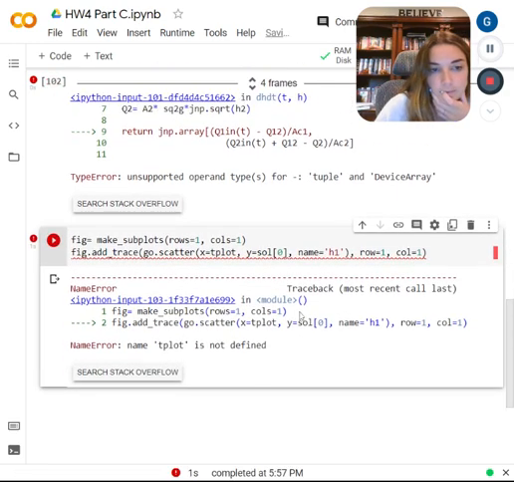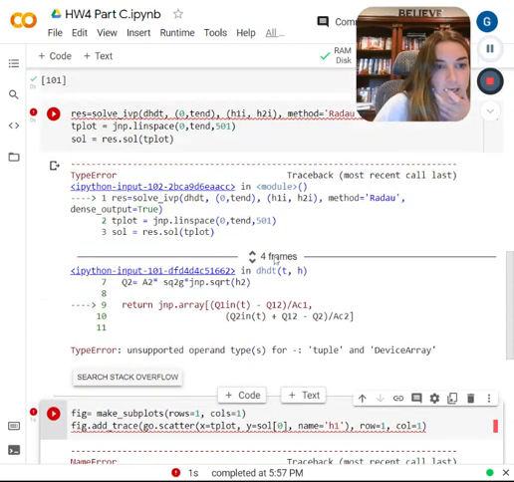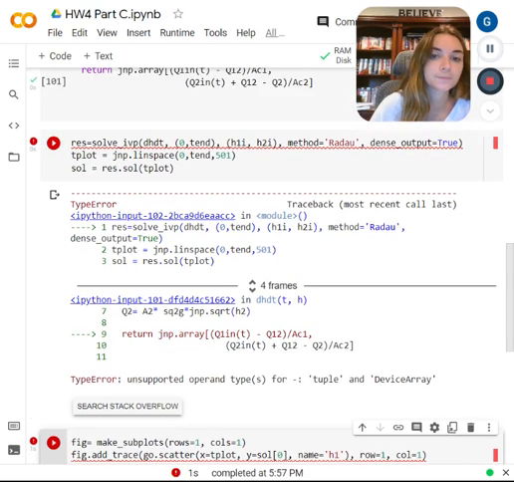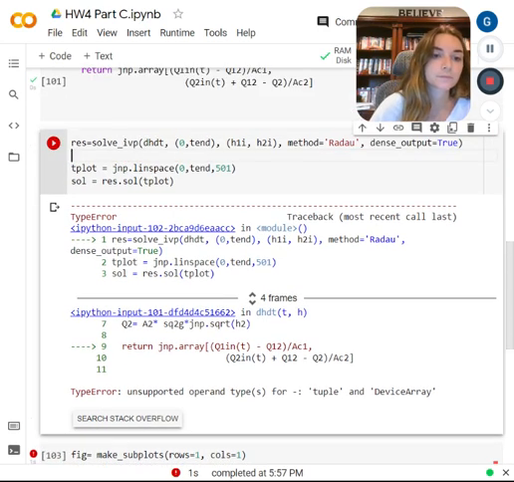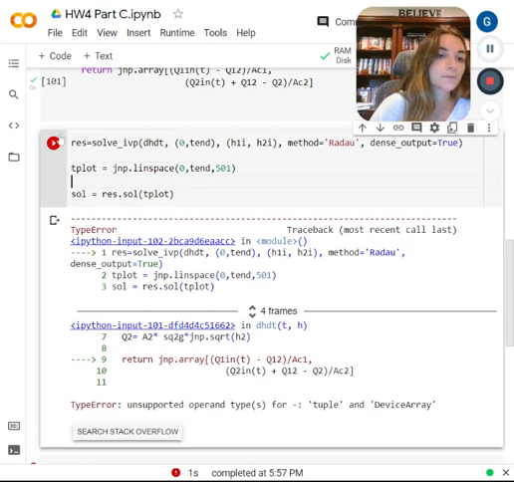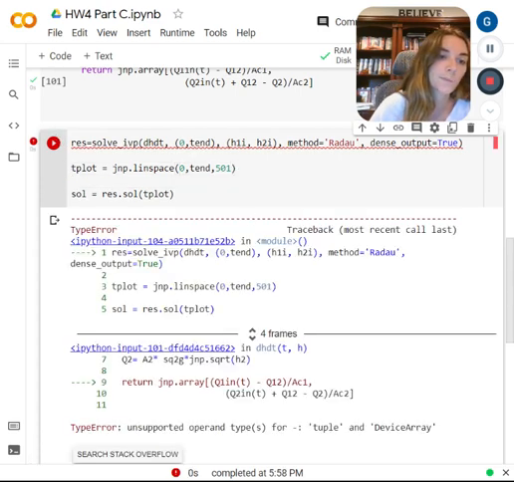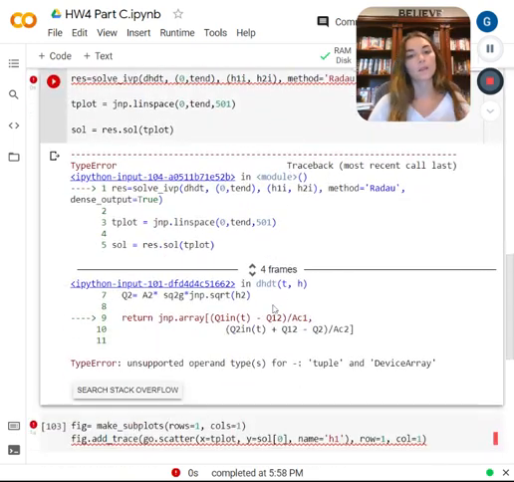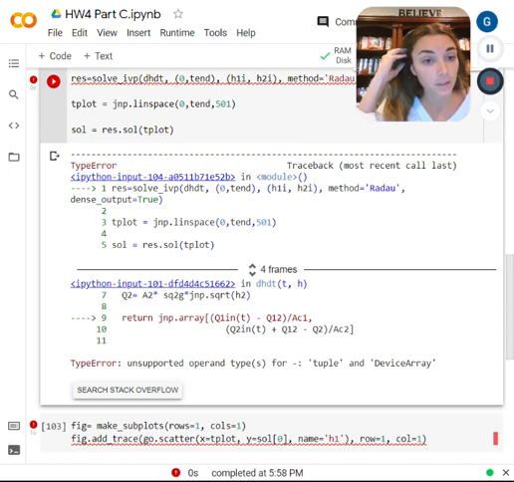The plot is not defined. Okay. It's just not working. I don't know why. Alrighty. I'm really not understanding my error here, so I might